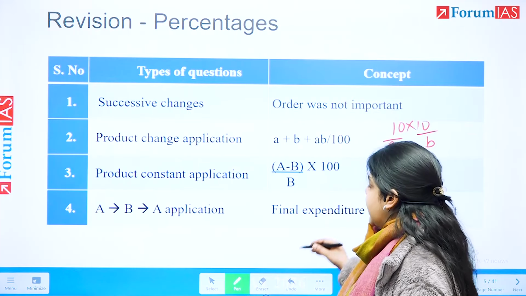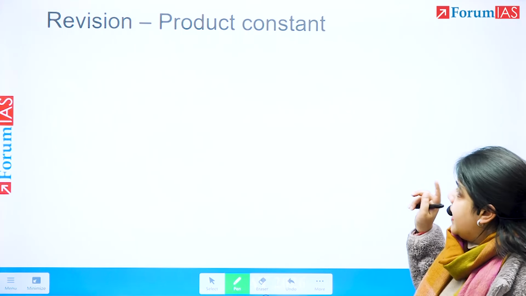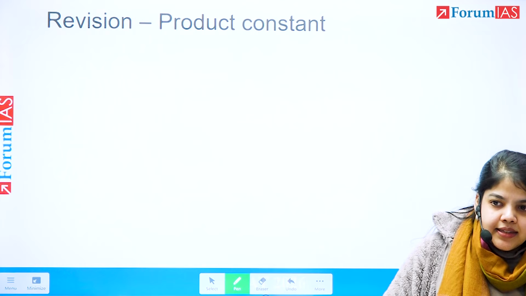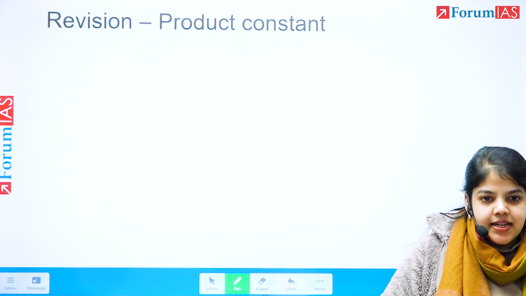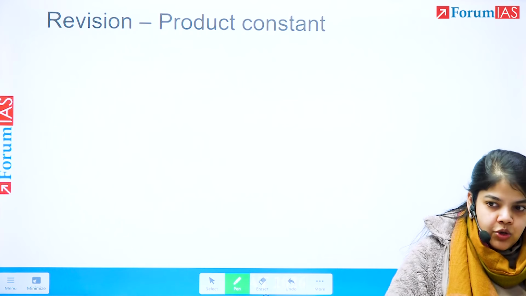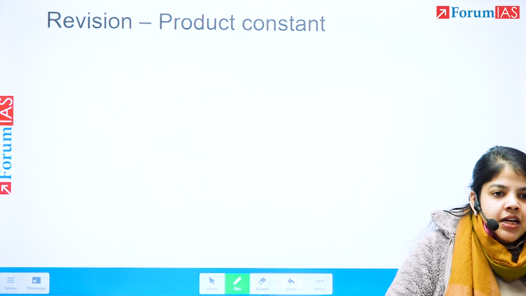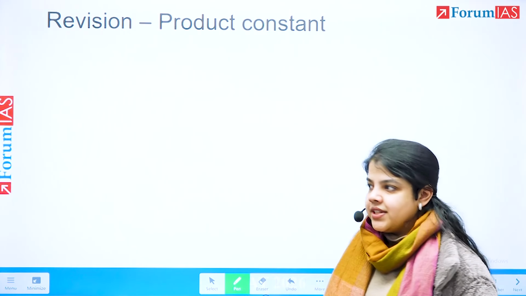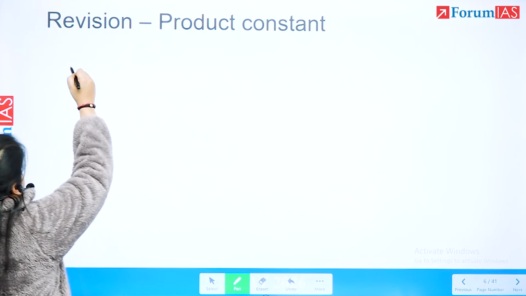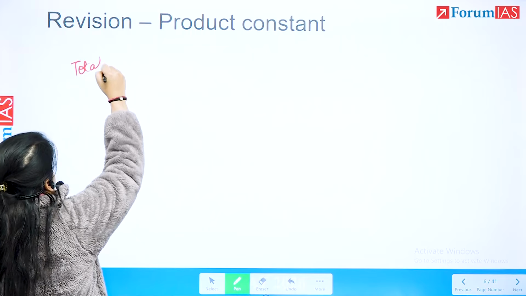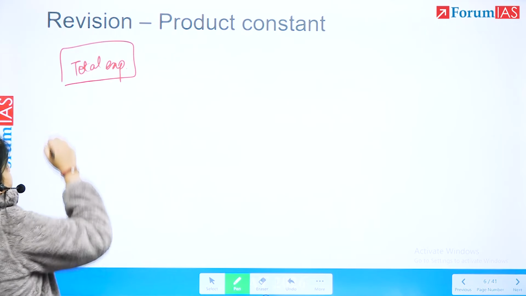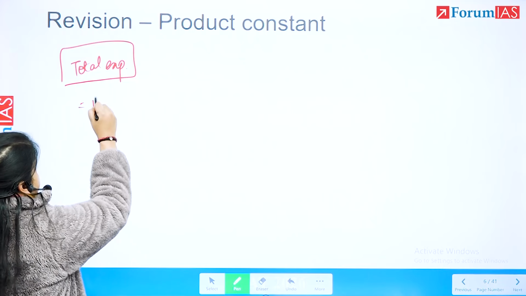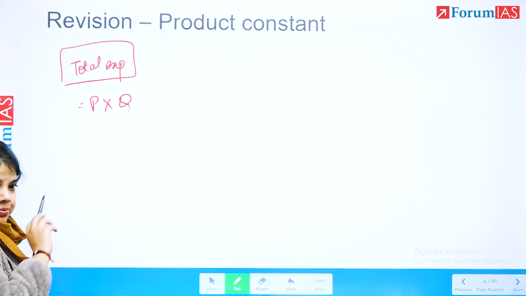Okay. Then we'll also do one more. Product constant. This is what we discussed in a major portion of the class, which had applications such as total expenditure same rakhna hai. You have to keep your total expenditure same. The price is varying. By how much will your consumption change? So now in questions like those, we say this is the total expenditure. You assume your total expenditure has to be same. So expenditure is equal to price into quantity. Yes, ये product same रखना है ना.